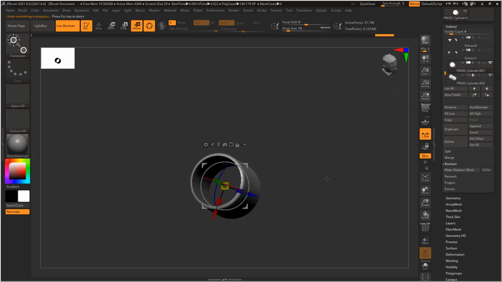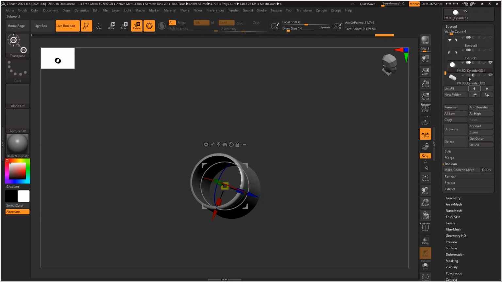It will take a little time and it will create the shape. It's working. Done.